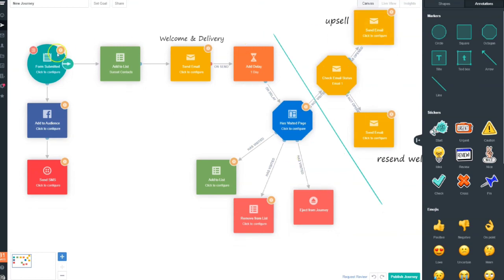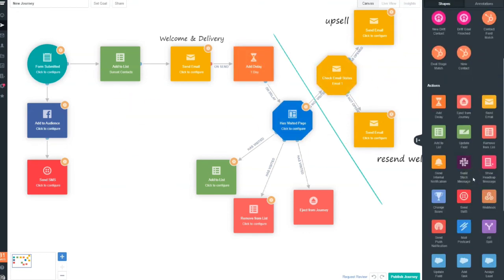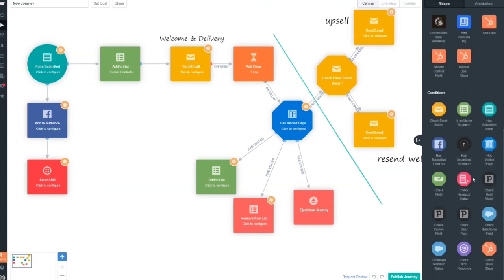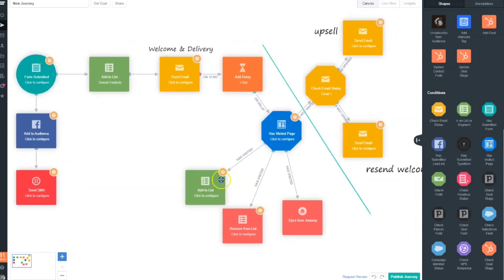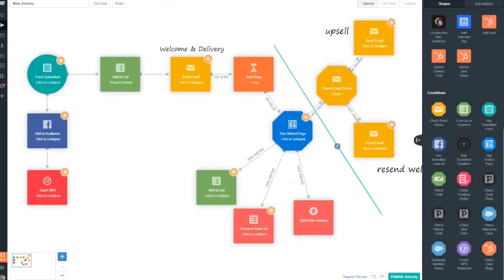And again, it's not just email. As you can see, it's Facebook audiences, it's SMS marketing, a whole lot of other things that we could have done here. We could go in here and integrate with that postcard shipping service and have postcards sent to these people depending on what information they submitted in the form. You can do pretty much anything with marketing automation, and hopefully this has sort of helped you get comfortable with the idea of marketing automation,